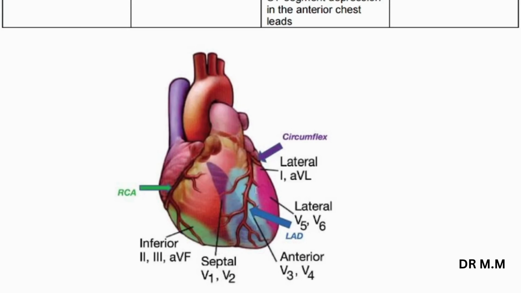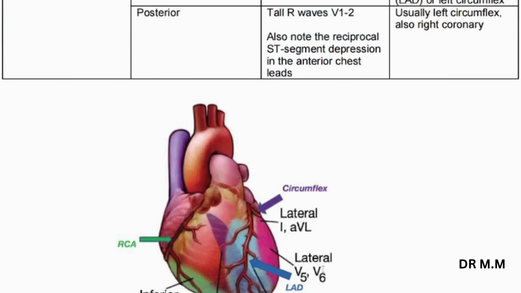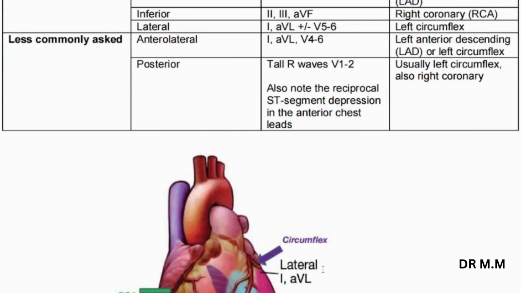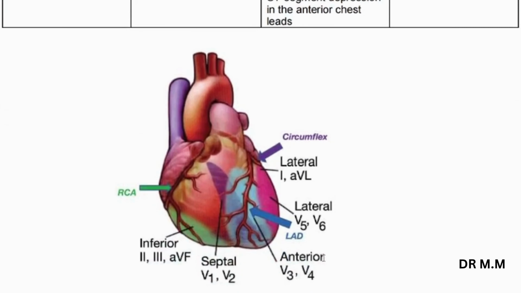The lateral leads are lead 1, AVL and V5 to V6. We must look at anterior leads also, which are V3 and V4. In anterolateral MI, we can see ECG change in lead 1, AVL, V4 to V6, which we can see in